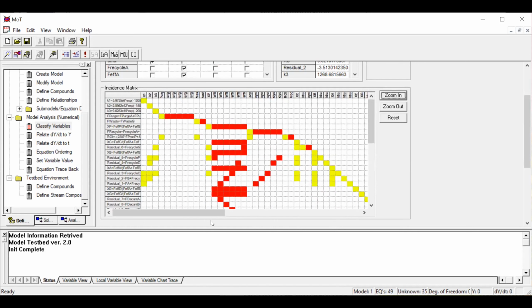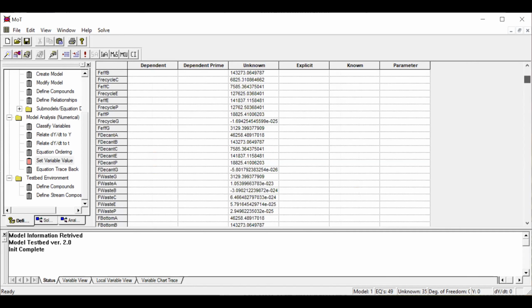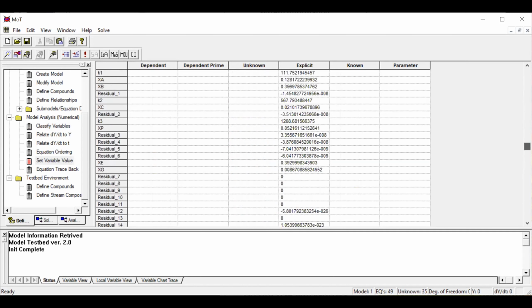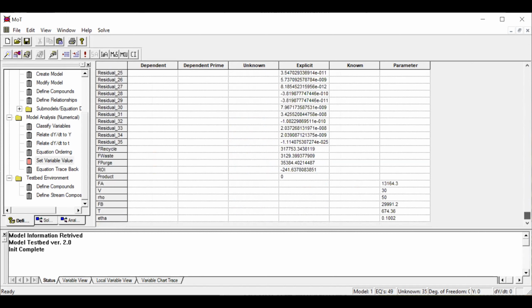Unknown variables we don't need to worry about. They will be recalculated. We do not have any dependent or dependent prime. We do not worry about explicit, they will be calculated. We only worry about the parameters. These would be used as initial estimates, and there are no other variables. So once these are given, then we go to the